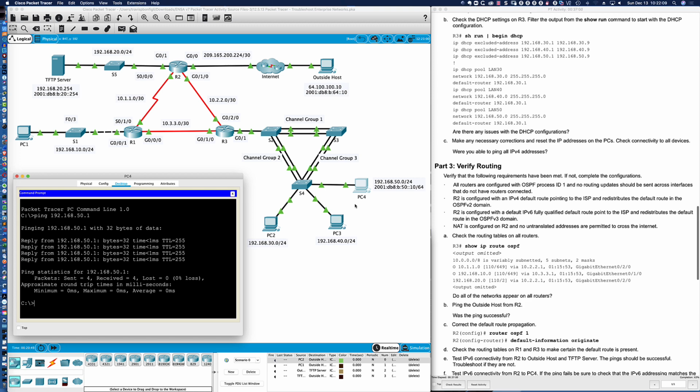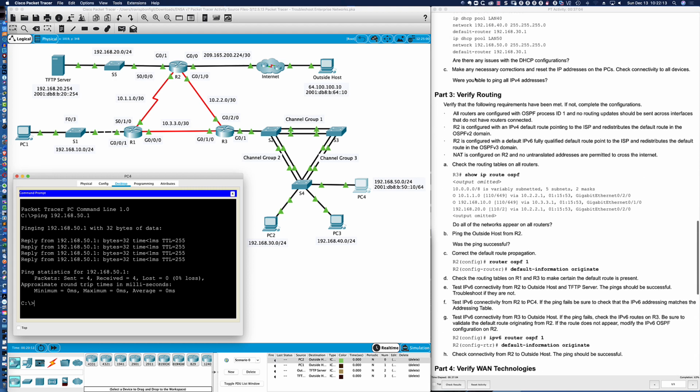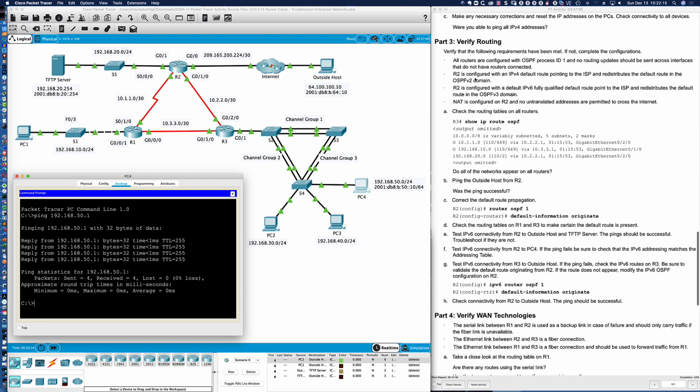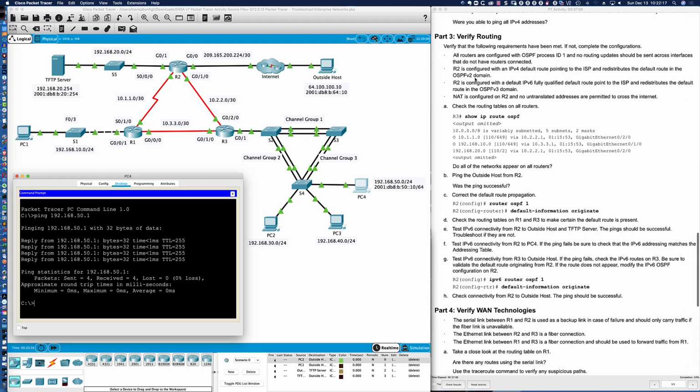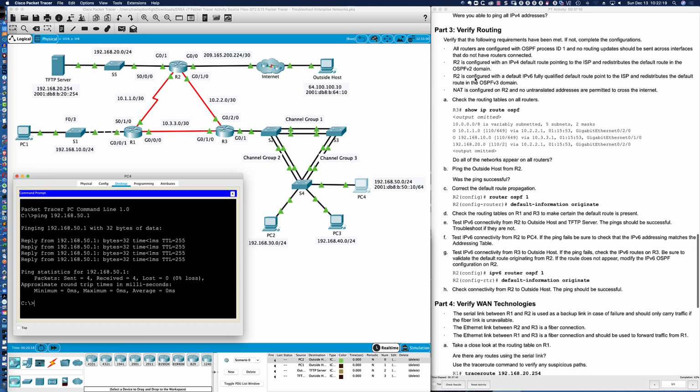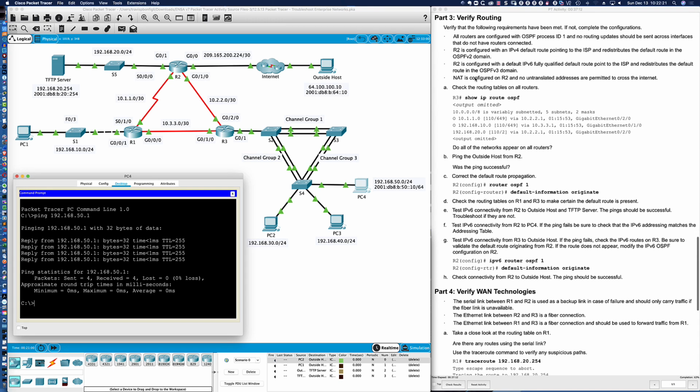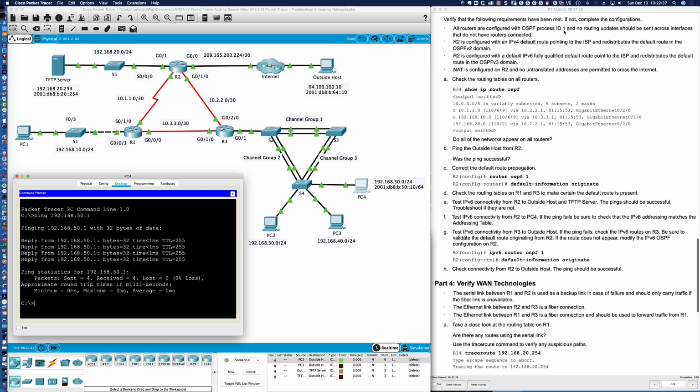You can see our percentage now is up to 63. So we're making really, really good progress. Now, it says, were you able to ping all IPv4 addresses? So we were, in terms of the default gateway. So now we're going to verify routing. We're getting into the layer 3 world here, moving away from some of the layer 2 tasks that we were working on. So it wants us to verify the following requirements have been met. If not, complete the